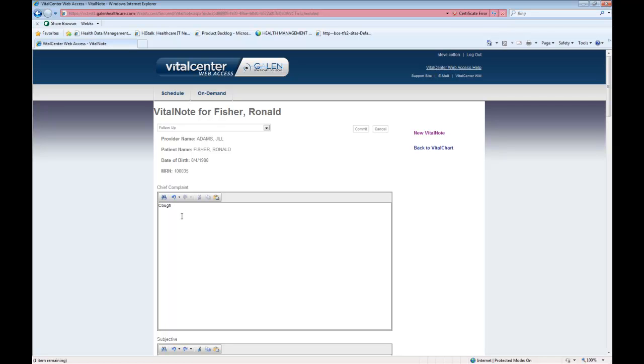If we have any providers out there that are using Dragon voice recognition, the Dragon software will work with this application here. Once I've finished documenting my note for the day, I can go ahead and hit the commit button. By hitting the commit button, this will take this documentation and put it into the patient's chart viewer within the